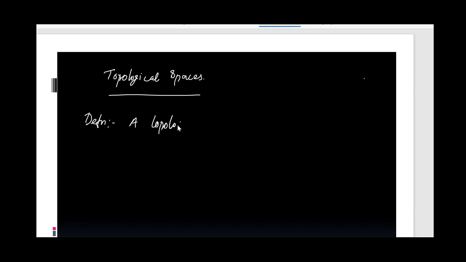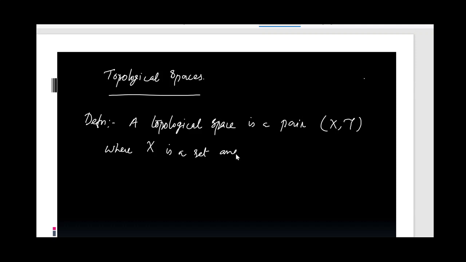Topological spaces. Definition: a topological space is a pair, we will denote that as (X, T), where X is a set and script T